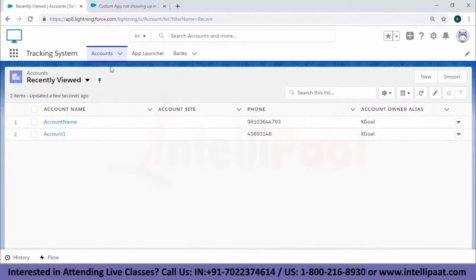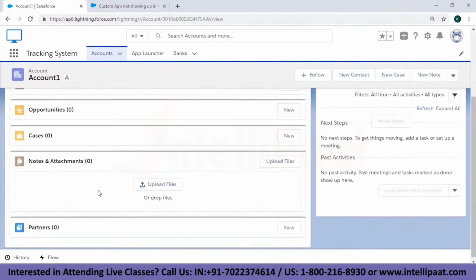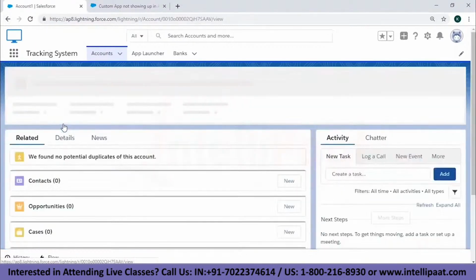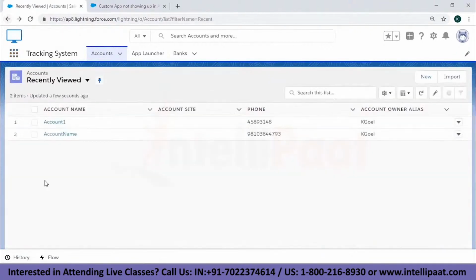I created the accounts tab and I have 2 accounts over here. Let's open this particular account. And we have all the information about this particular account, right? Now if I go back, I can open the second account and then again I have all the information. Okay, so you can also add leads to this particular app. You can add contacts. Anything can be added according to your wish, according to your need. Another thing is that icon is over here present. You can set this to your company logo or anything which would be, I think, better according to your company.